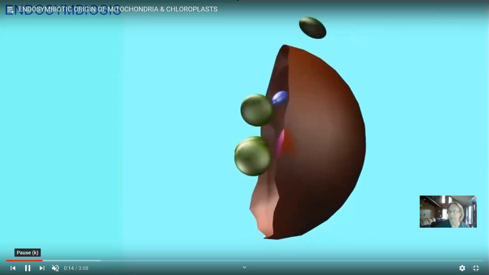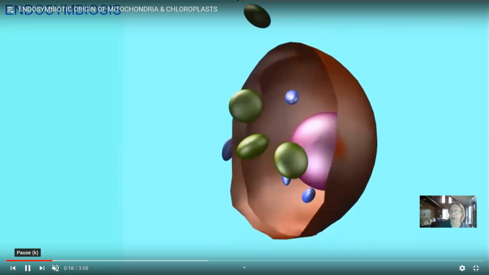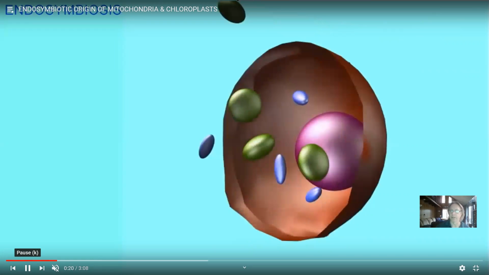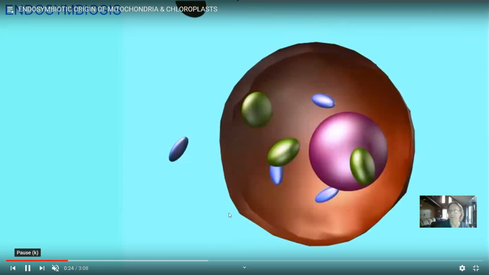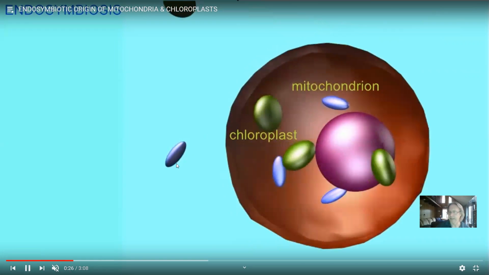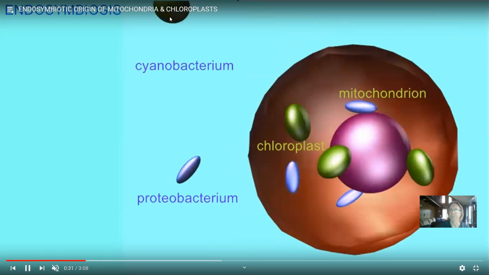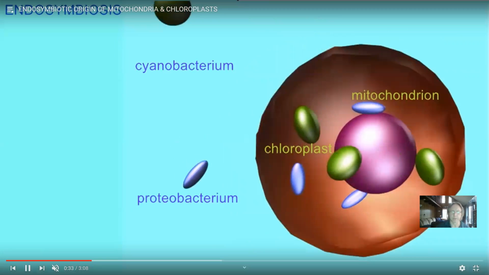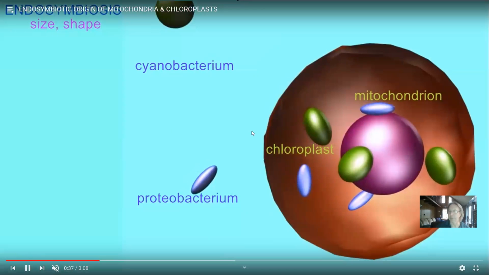Well, the model, which has a great deal of evidence, is the endosymbiotic origin of mitochondria and chloroplasts. So if you were to look at mitochondria, or in, say, a green alga, the chloroplasts, they look an awful lot like this bacteria, a proteobacterium, and then this blue-green alga, this cyanobacterium, all right? And when I say they look like them, their size and shape are